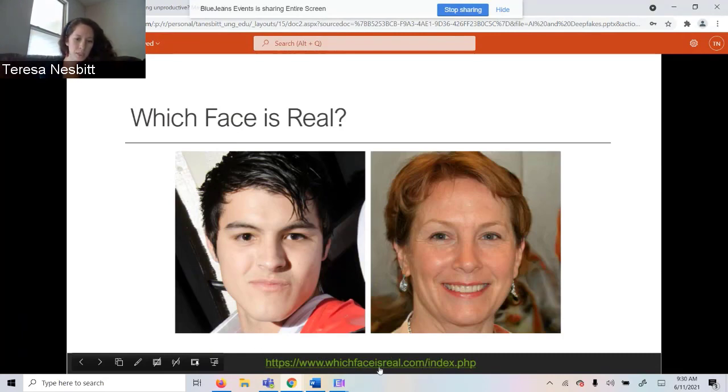can be, there's this website called Which Face is Real, where it will put up a real person's face next to a fake face generated by deepfake technology and ask you to choose which one you think is the real person. I was really cocky going into this, thinking that I would be able to spot the real person, but my success rate was about 50-50, so it was entirely a chance in the times that I guessed the correct face. And actually, I created this presentation a while ago, and I don't remember who is the real face anymore. So your guess is as good as mine. I think he's the fake face, but I'm not totally sure on that.